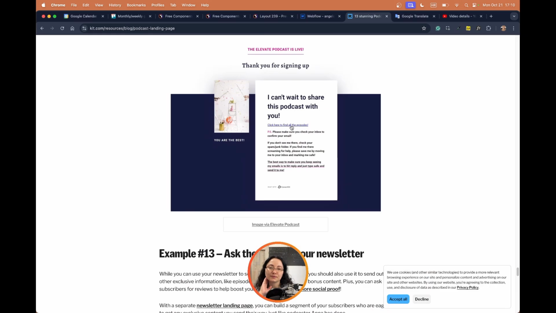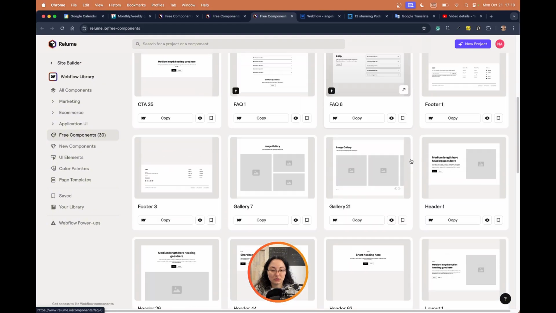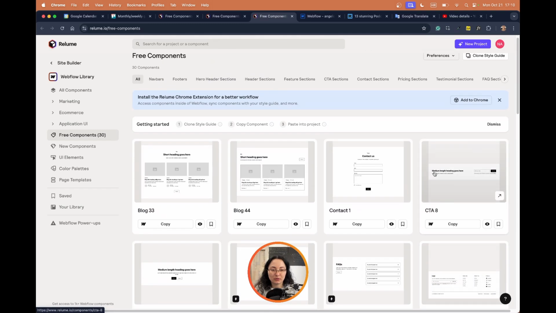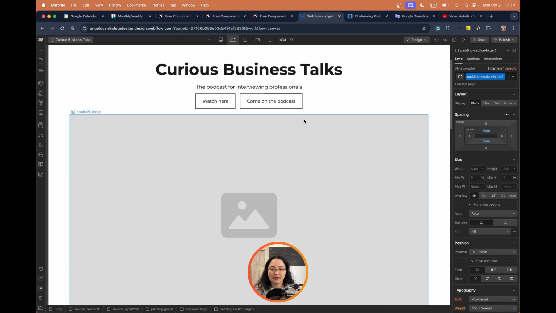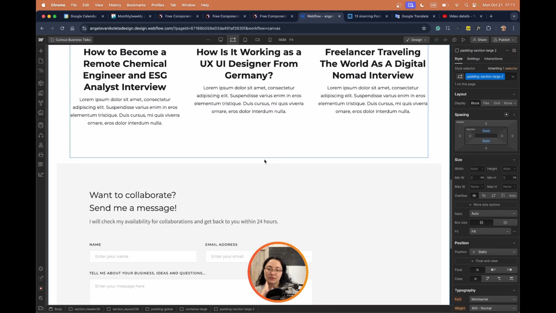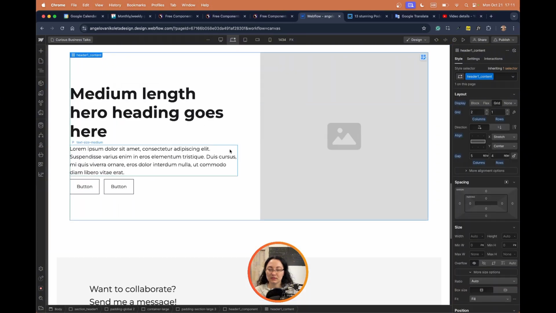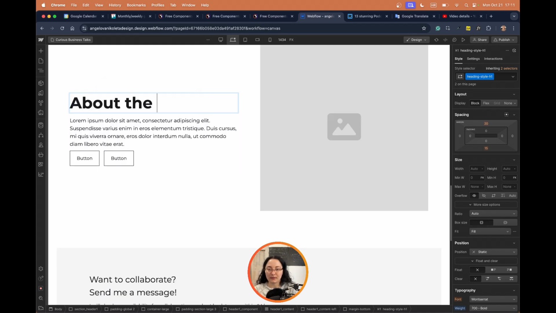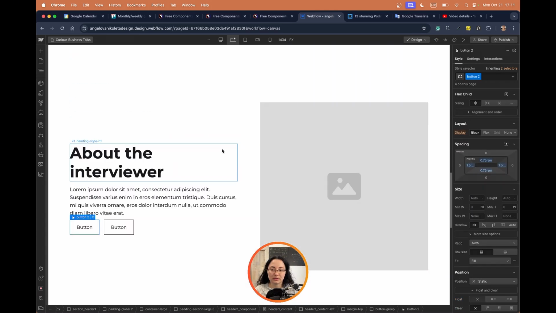What else do they have here? Maybe add a section about the host, about me. I'm trying to use only Relume components, so I'm just going to copy this one. And where should we put it? Maybe here. It always goes to the bottom. Okay. About the interviewer, I don't know if I'm going to add any buttons here,